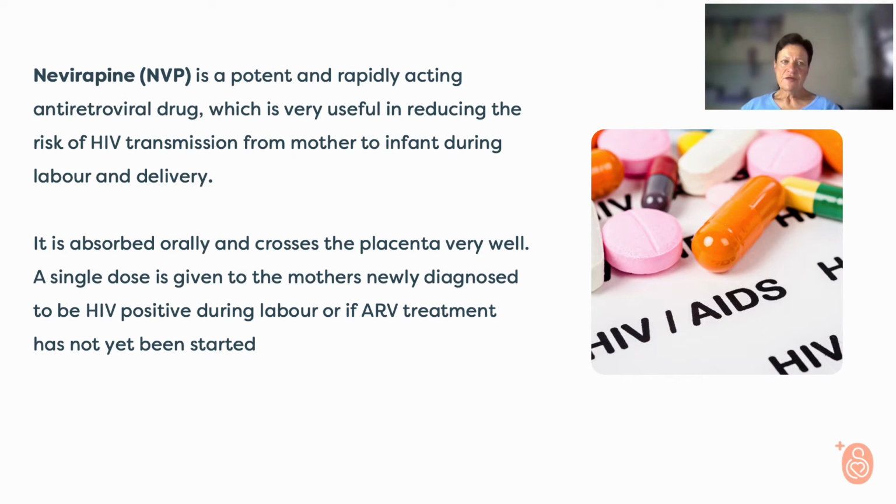Now, just a few words on nevirapine, which is also an antiretroviral drug. I'm sure many of you know it, it's been used in labor ward quite a lot. It's a very potent and rapidly acting drug, so it acts immediately, and therefore it's a very good drug to give during labor specifically, and specifically when the mother has not been tested, or been tested